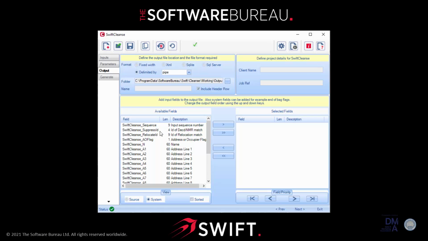In this form here, you have a number of things that you need to attend to. First of all, the output format, we've said delimited by pipe in this instance, which is fine, but you can change that, of course, to comma, tab, or indeed any other delimiter. And you can also output to a fixed width file, an XML, SQLite, or SQL Server. You need to provide an output file name. Even if you're just running a health check, you need to complete this information. So I'll just put in